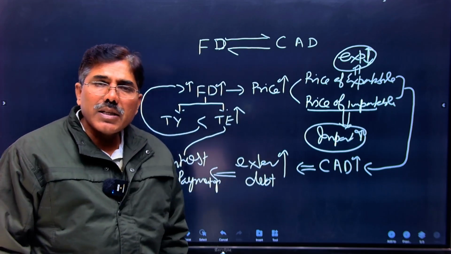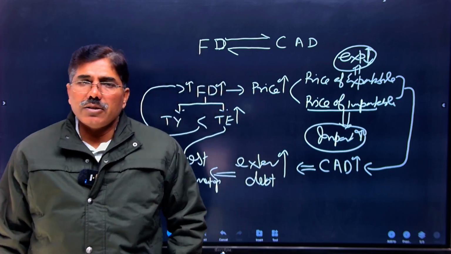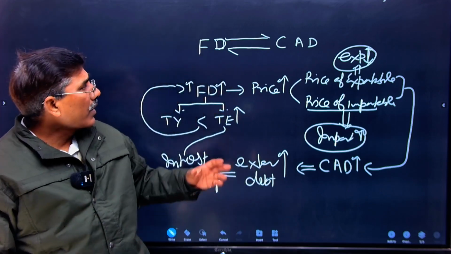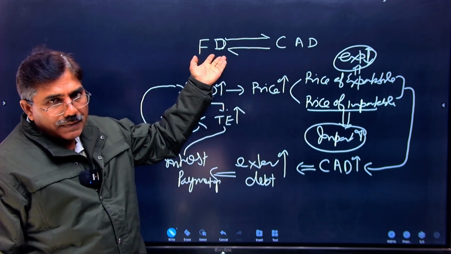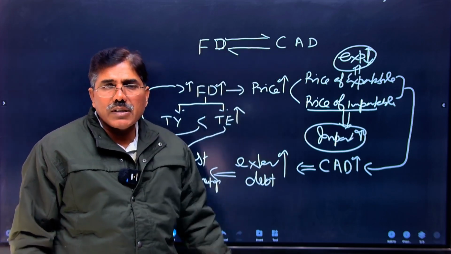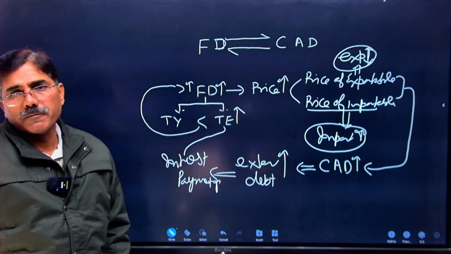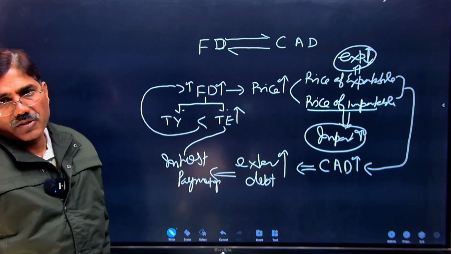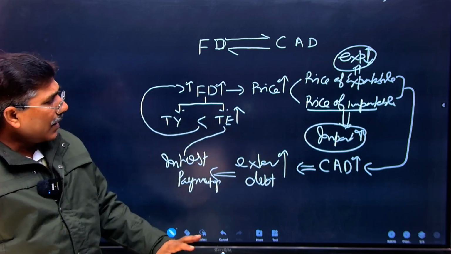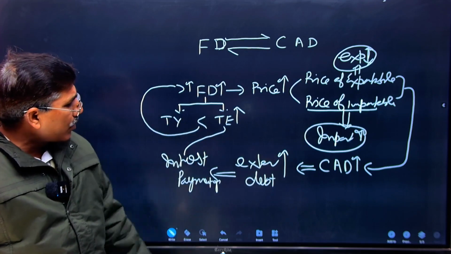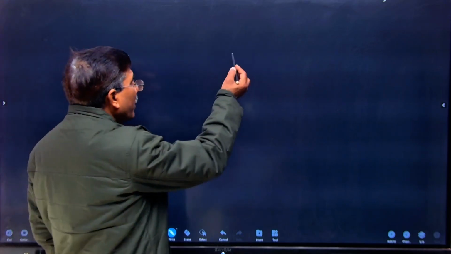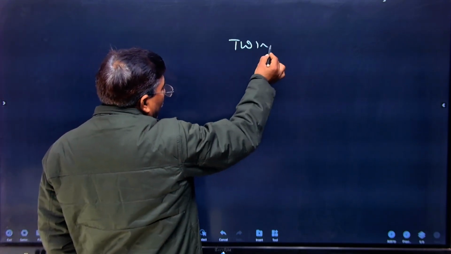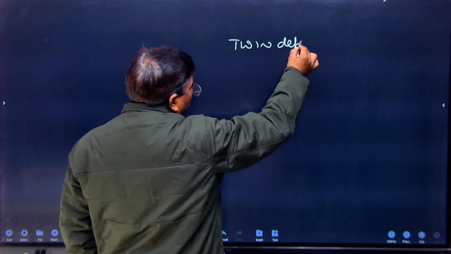Once our fiscal deficit is increasing, it gives birth to current account deficit. That is why these two deficits are known as what? Twin deficit problem. And when current account deficit is increasing, that will increase the fiscal deficit. That kind of problem is known as twin deficit problem in our economy. That is the theoretical explanation. Now you are clear what is the meaning of twin deficit problem and why it is considered an economic crisis-like situation.